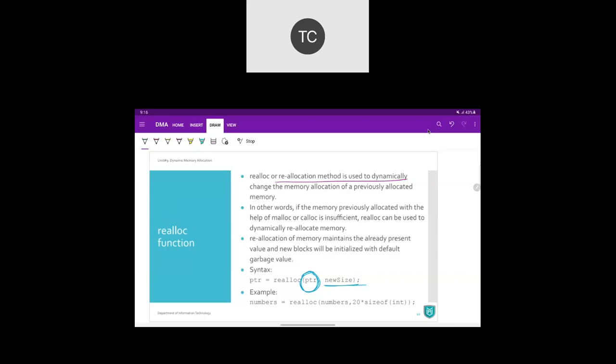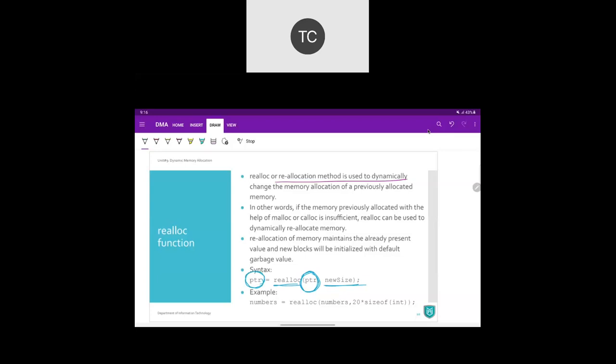Forget about the earlier process, what exactly memory you require now. And then it is going to reallocate you the memory. So an entirely new memory block will be allocated to you, and that new address will be returned, which you store in the same pointer variable, PTR.